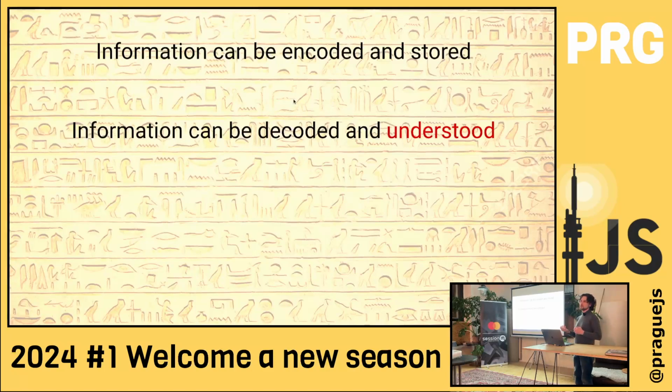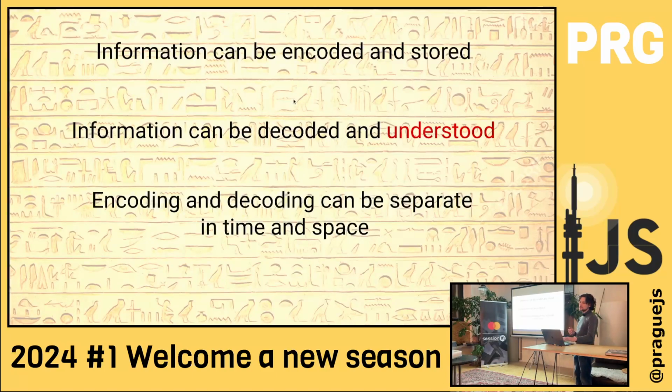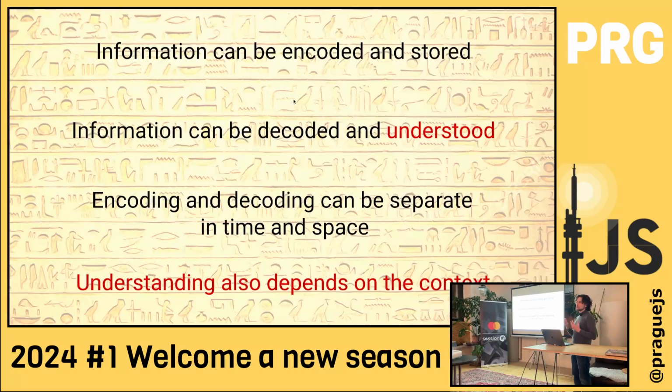It can be decoded, understood, and this can take place long time apart, spaces apart. This is beautiful. It's async, and sometimes we also need a bit of context to fully understand the information that